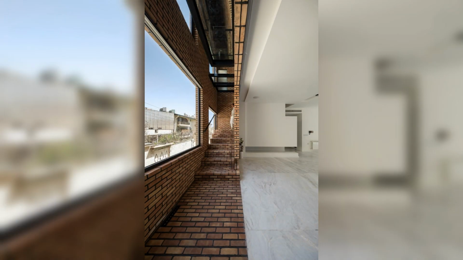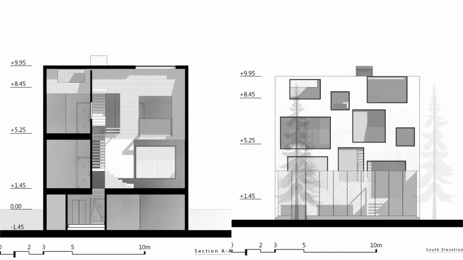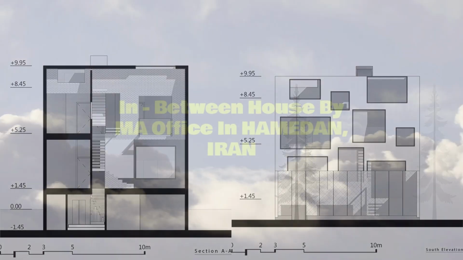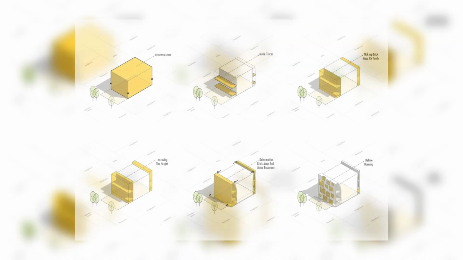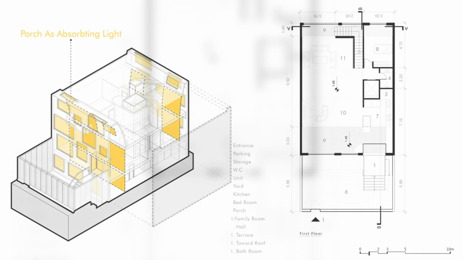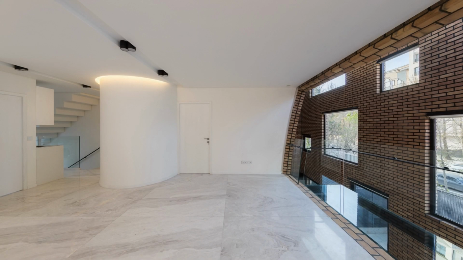In the present project, due to the use of two brick spatial envelopes on the two sides of the house, the boundary has changed into two livable empty spaces, two half-open/half-closed porches, the intermediate living spaces of the family with the street/alley. These two empty spaces have revealed the relation between the indoor and the outdoor and the sky and the horizon, and at the same time, have connected the floors.